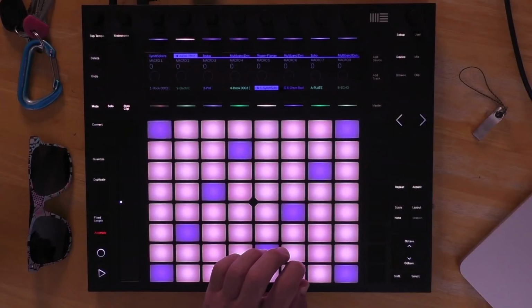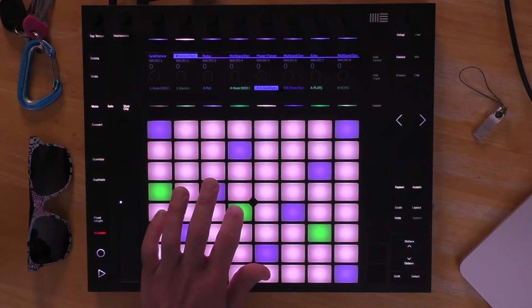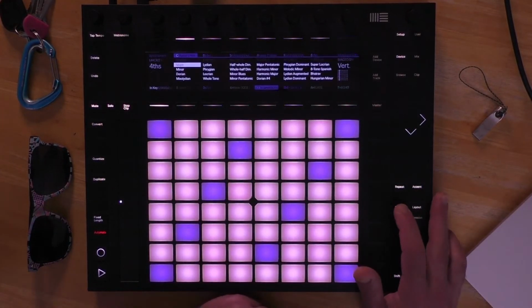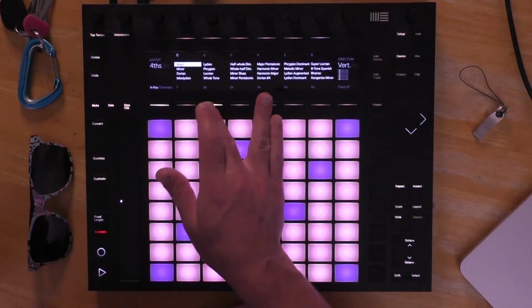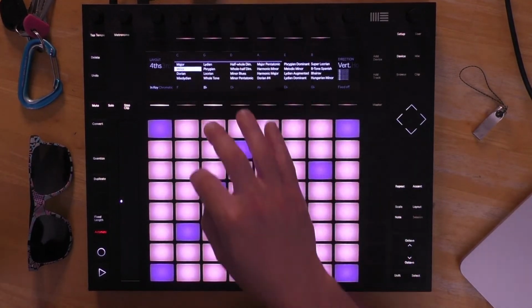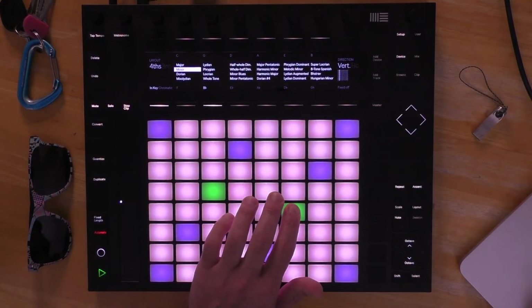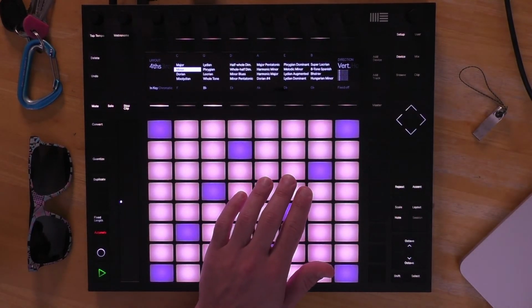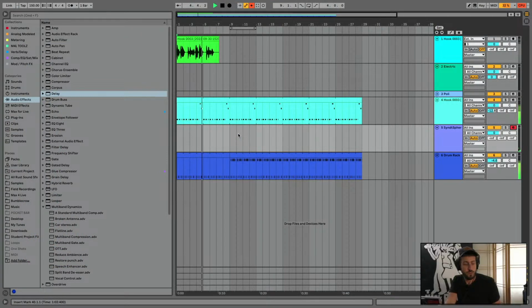I feel like we're in the key of B flat minor, is what it sounds like to me. So we're going to introduce the sound at some point.